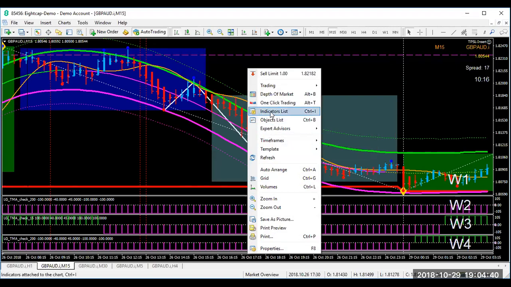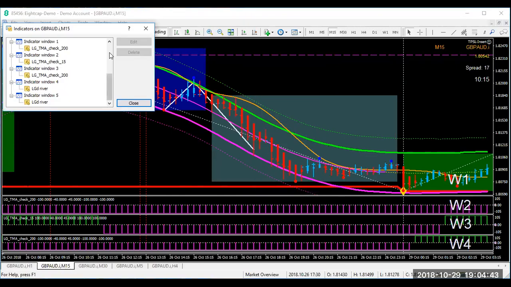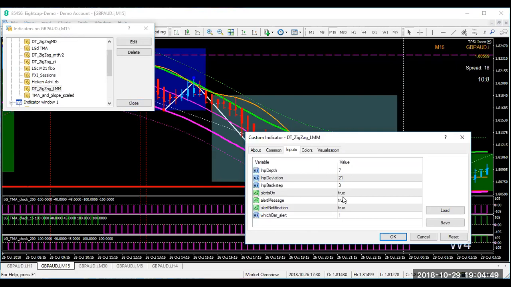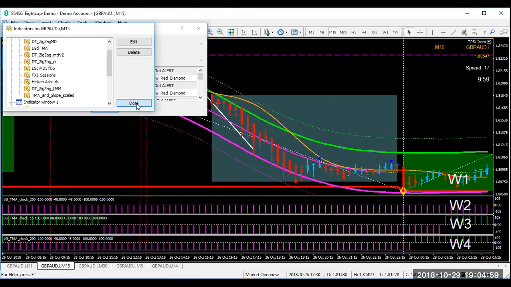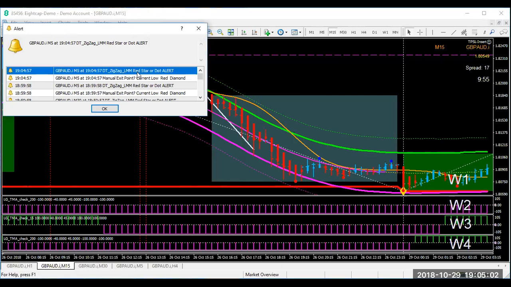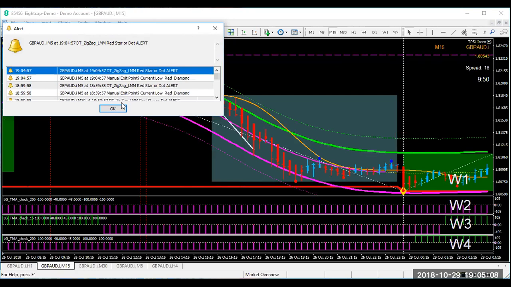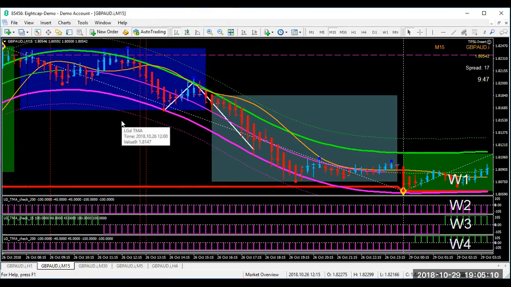Okay, so I'll just take those additional dots away. Now when they come up as an alert, they won't say diamond, they'll say star or dot. Okay, so LMM, red star or dot. So I actually use one of the indicators I create for LMM to give you this intermediate dot. Okay, so,